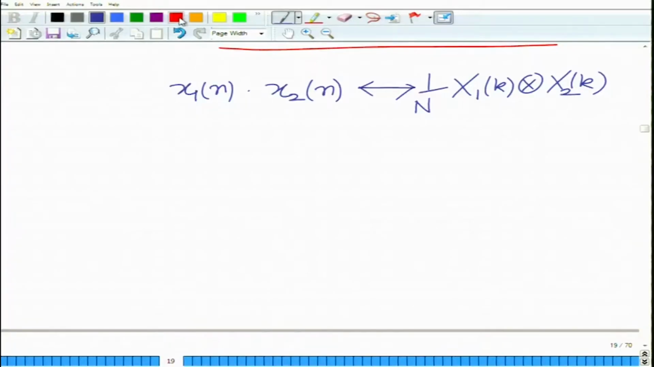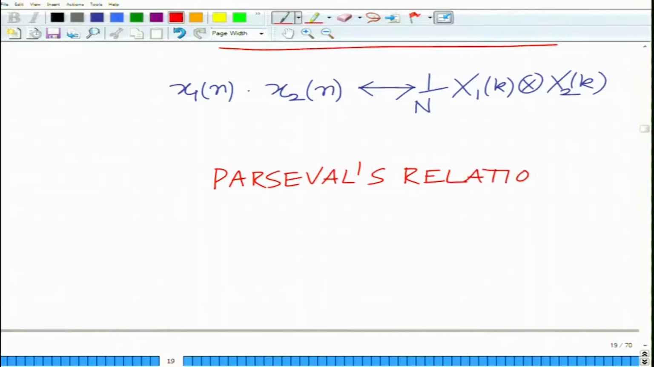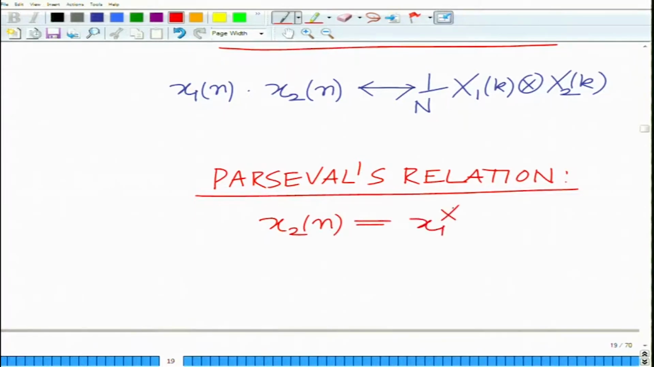Okay. And now we can derive Parseval's relation from this. For Parseval's relation we can set x2(n) equal to x1 conjugate of n. So if you multiply x1 with x1 conjugate of n, then we have magnitude x1 squared, that has the Fourier transform